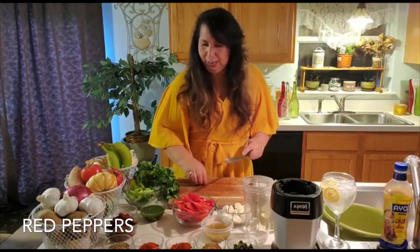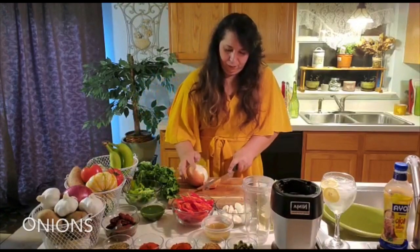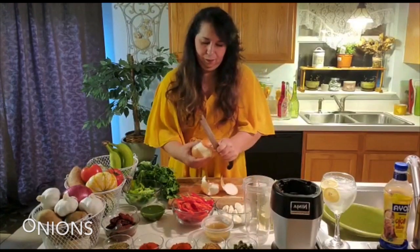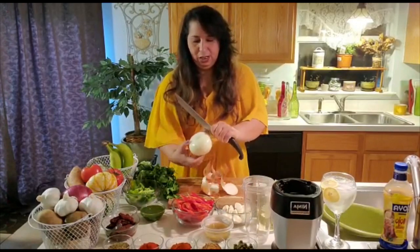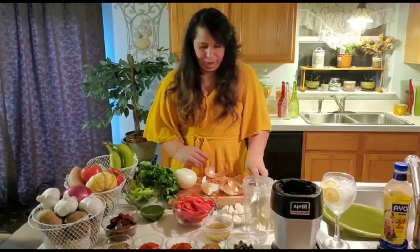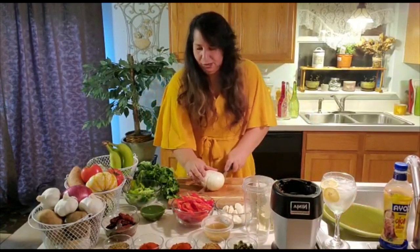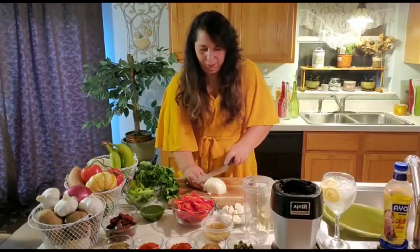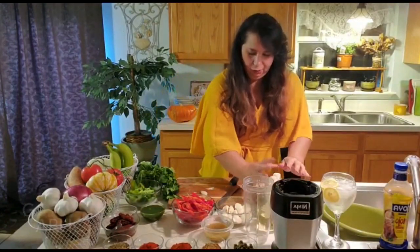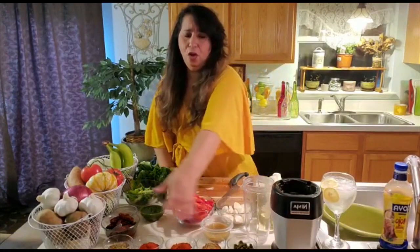The next thing I'm going to do is dice my onions. I have 2 onions, and I'll show you how to dice it. And you don't have to dice it finely. You could do a rough dice, so don't worry about getting it perfect. This is all going to blend together. I'm just going to dice half an onion. I already have 2 onions here. I have 2 peeled garlic heads here on the side,